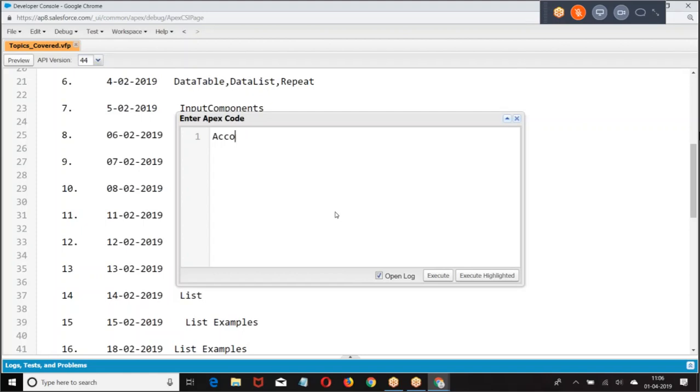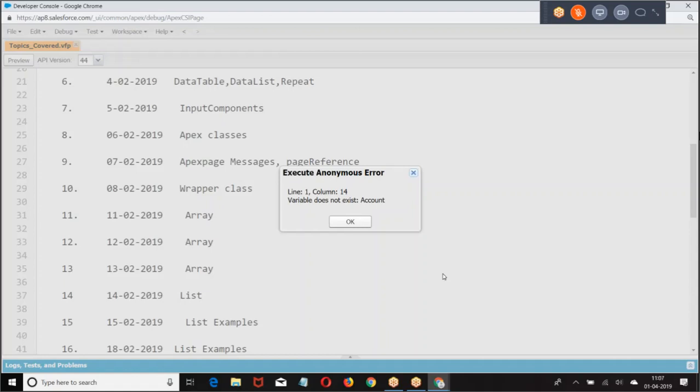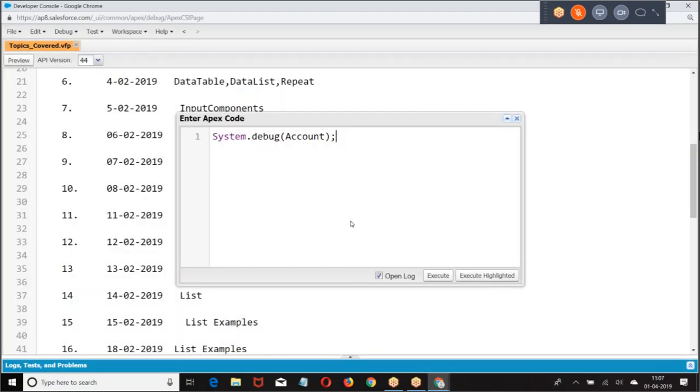Now, if I give System.debug(Account), it throws an error message: unrecognized variable called Account. Why? Account is a class. If you want to use the class, we are supposed to create a variable for the class and use it. You cannot straight away use it. Now I have created Account acc.